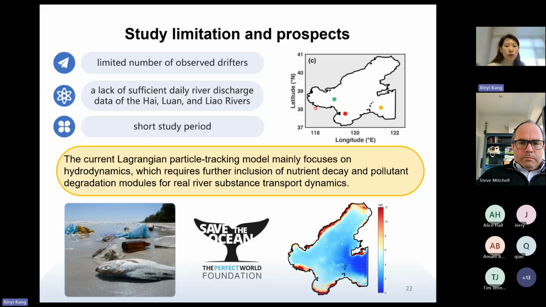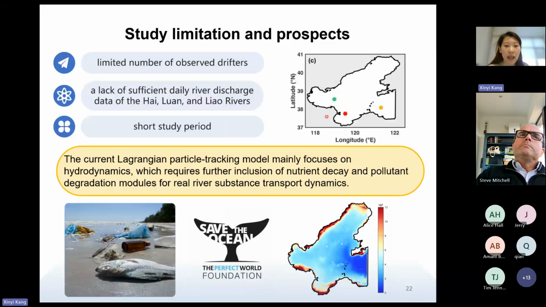So therefore, to force the model, we apply the monthly mean river discharge data. So this will also bring some study limitations for this research. The third one is the study period is really short. We only chose 2019 for the study period. And in the future, we'll expand the study period to study the interannual and seasonal variations of the particle transport